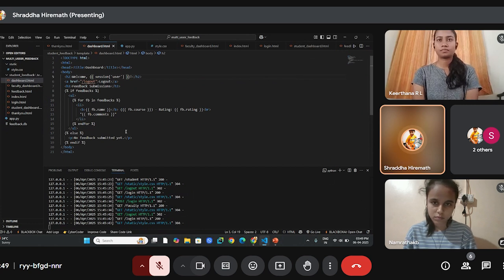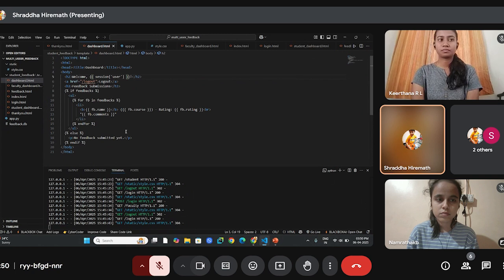For future improvement, I would like to add styling using CSS or Bootstrap for a better UI, add search or filter options to sort the feedback, and paginate the feedback list if it's too long, since some students give very long feedback. That's all, I'll end this. Next, the conclusion will be given by Kirtana.